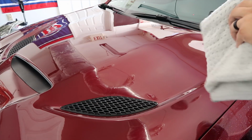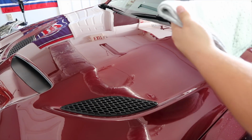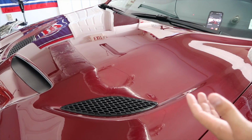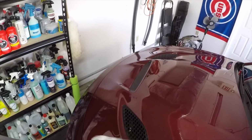And always, here's another good practice. You're always gonna wanna make sure you're checking your drying towel as you're drying the paint. If you see dirt and grime and dark spots on it, you didn't clean your panel good enough, you know? Nobody wants to deal with that. You're just gonna go through,